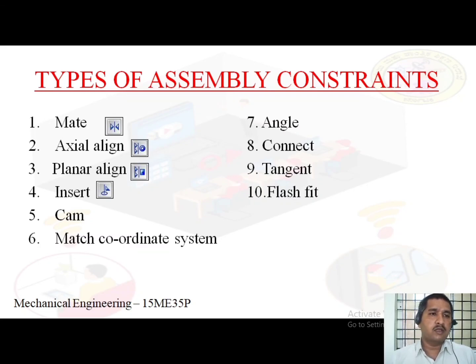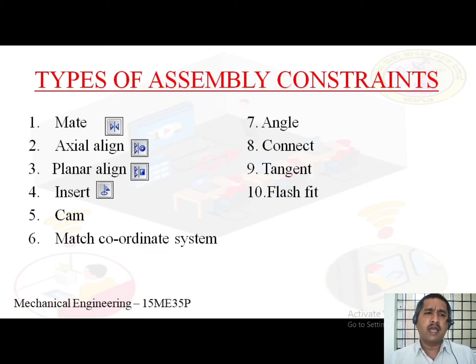The next one is the cam relationship. The cam relationship is applied between the face of the follower and the tangential face of the cam. The face of the follower that is selected to apply the relationship can be cylindrical, spherical, or planar surfaces.